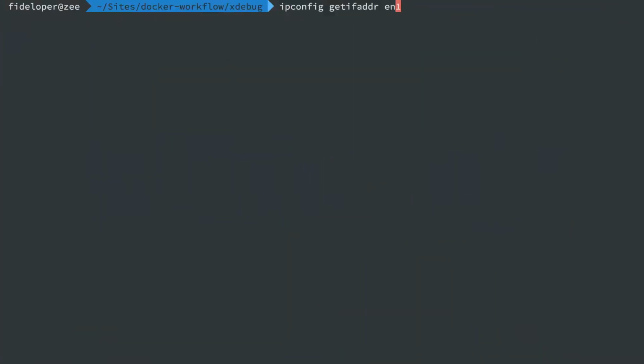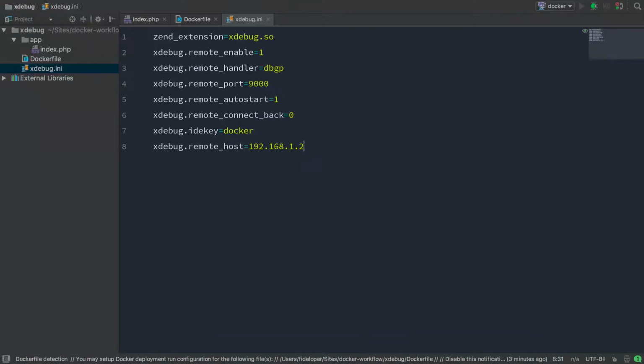Now to get that on my Mac, I'm just going to run this command, ipconfig getifaddr en1, and that's just going to give me the IP address here, the 192.168 address that we're going to use as the IP address of my host machine. So let's just set that in here, and we're going to hard code it for now. So the container is going to send debugging information to 192.168.1.2. This is the IP address of my Macintosh on port 9000, and this is where PhpStorm is going to be